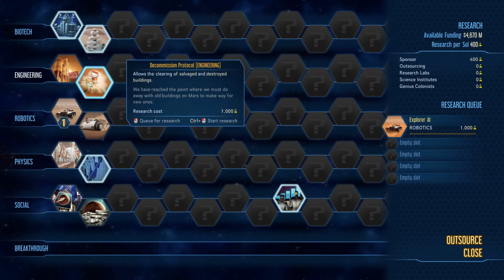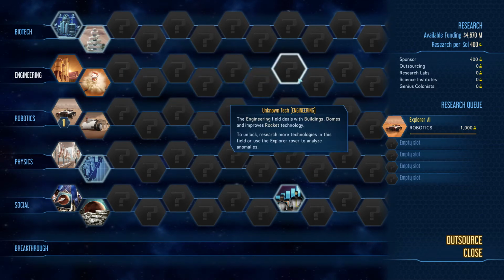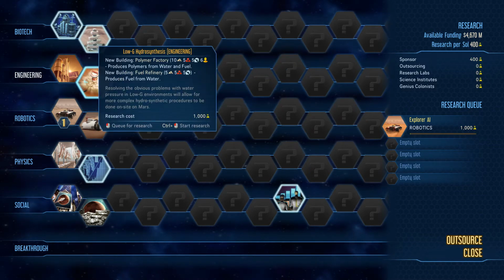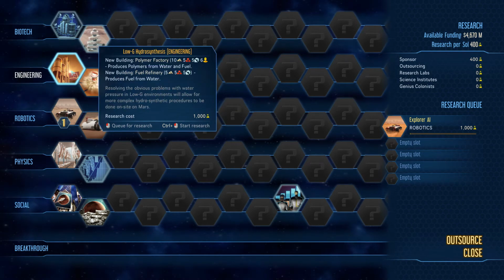Now we want to advance the engineering tree because this is where we get bigger domes and a lot of our buildings and stuff like that. So this is one we want to put a lot of time into. Allows the clearing of salvaged and destroyed buildings. I mean, that's really, really uninteresting at this point. Low G hydrosynthesis. New building, polymer factory. New building, fuel refinery. I guess we could...